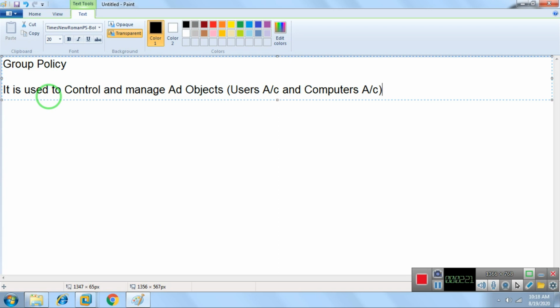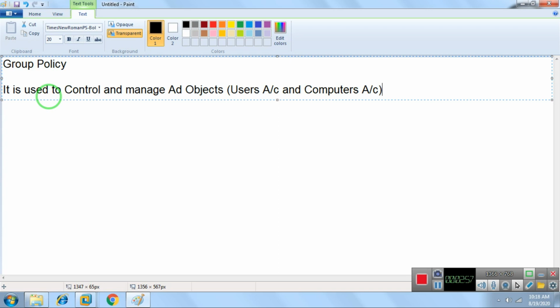Remember always that there are two types of security provided by Active Directory. One is group policy and the second is permissions. We apply permissions on files and folders, not on users and computers. Imagine I have three users, U1, U2, U3, and one file named file1. If I need U1 to not be able to access the file, but U2 and U3 to be able to access it, we need permissions.